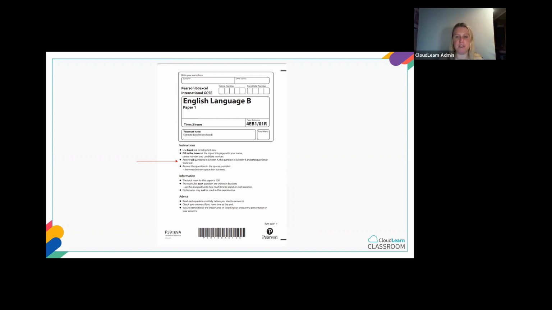If you're unfamiliar with this, go back and watch the lesson on Unit 8, Section A and B of the exam, and Unit 13, Section C of the exam. So it says here on the booklet, you can see answer all questions in Section A, the question in Section B, and 1 question in Section C. We talked about Section C in the last lesson, last one or the one before, so you should be familiar